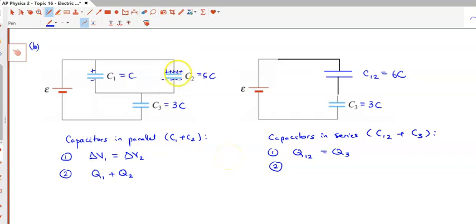So the charge of 1 and the charge of 2 must add up to the total charge. And that would be equal to as if you had essentially one single capacitor, which we've called C12. Well, this charge here, 1,2, would be the same as taking charge 1 and charge 2 and adding them up,